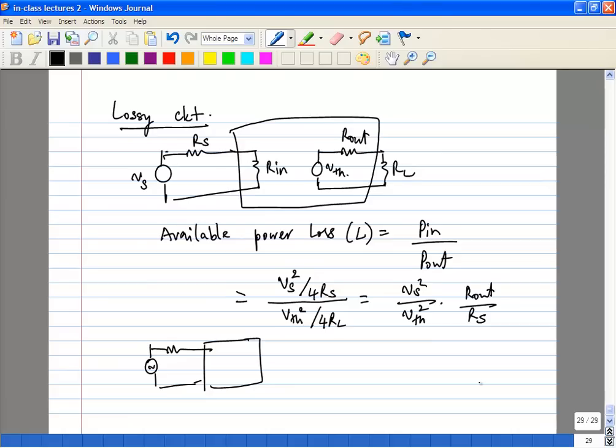So you insert a filter inside a receiver, and they'll tell you that it has a loss of 1 dB or 2 dB. I think we studied an RF switch. In some cases, like a TDD kind of system, you need an RF switch. In those cases, they'll tell you the RF switch has a power loss of so many dB. That's the reason you would rather characterize it by power loss, and you'll see why: the noise figure is closely related to the power loss. That's another reason why you want to define it in terms of power loss.